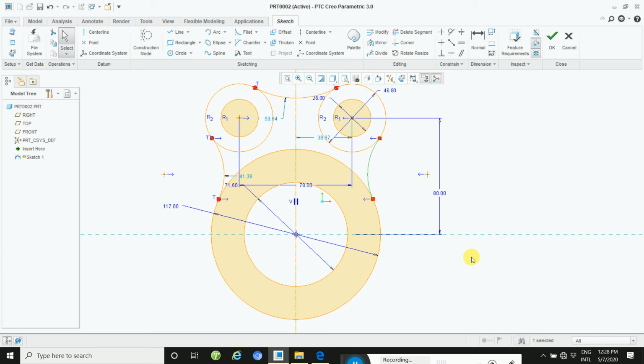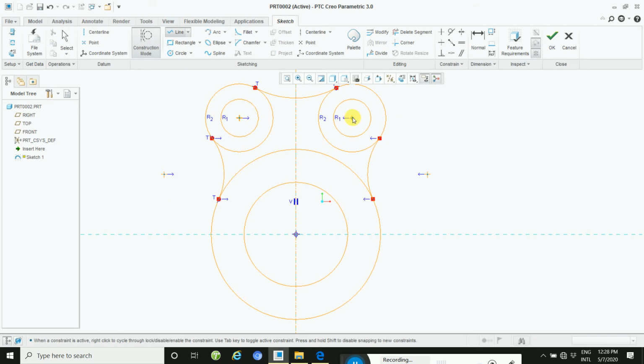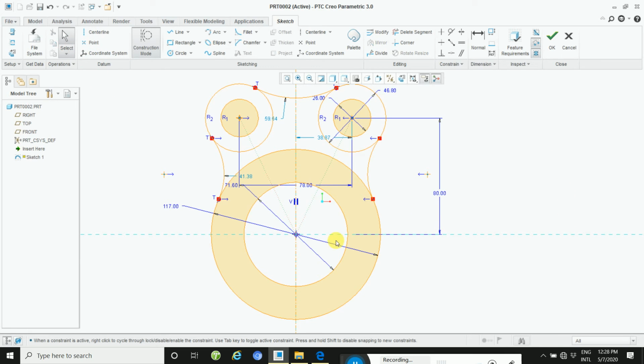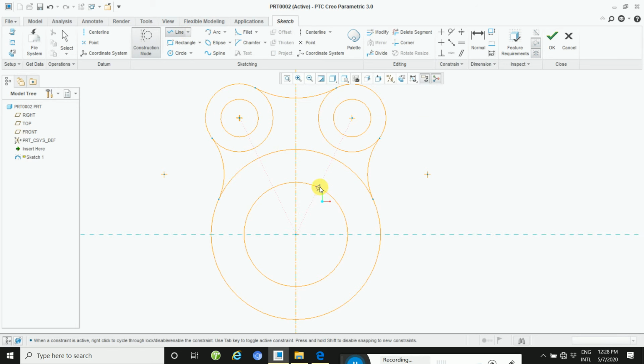So take a center line from here to here, this point, and then draw this line. Then use this command, click here, and one line needs to be drawn here to here.